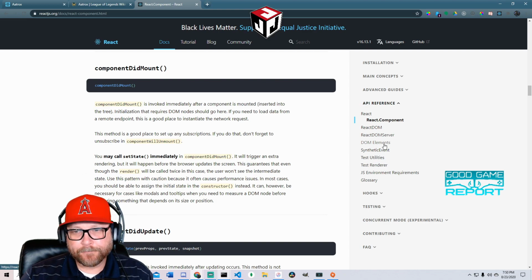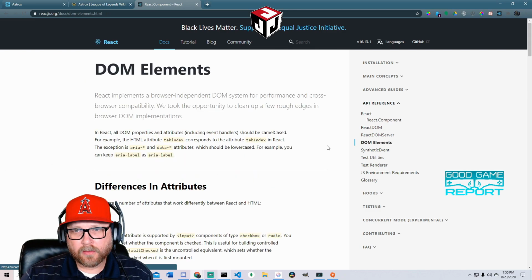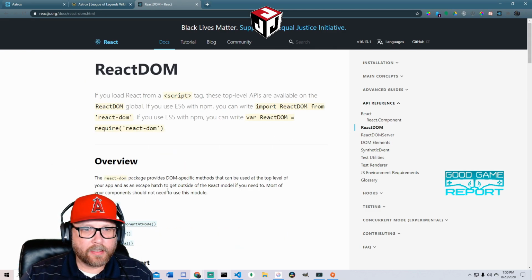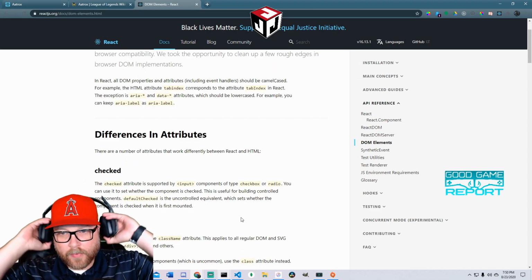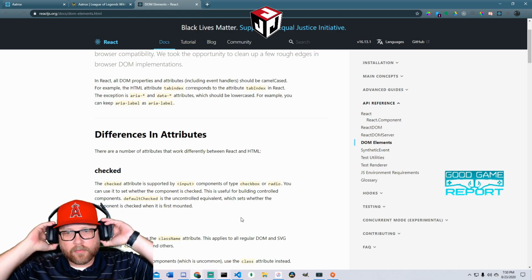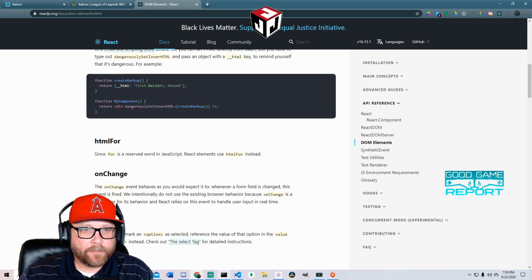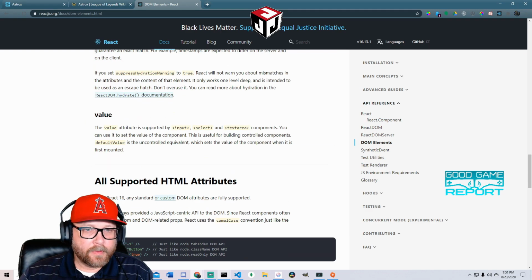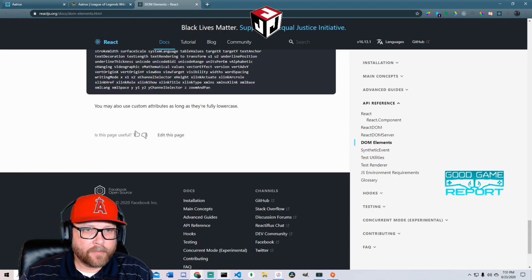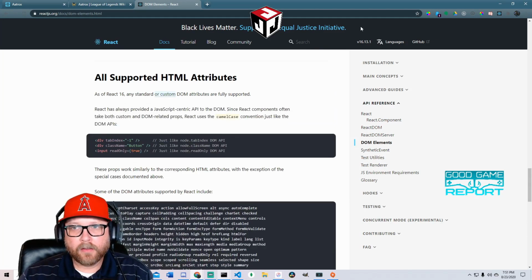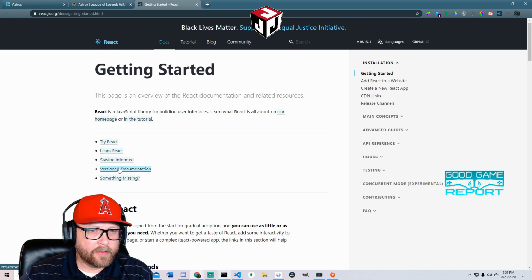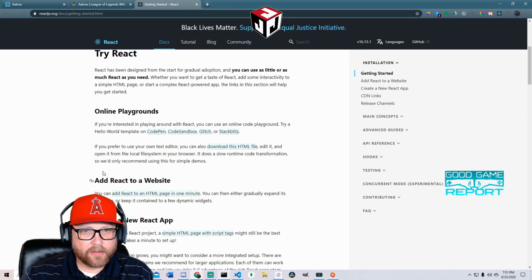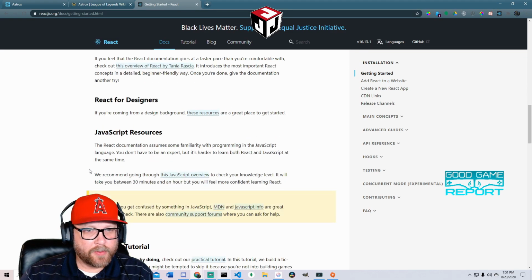That's what I want, right? I want to see all the elements that are available for JSX. Let's see. Why is it not under docs? It doesn't make sense. Where are you supposed to find that?